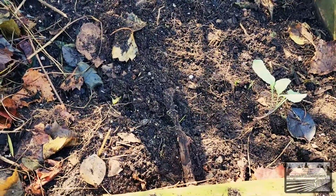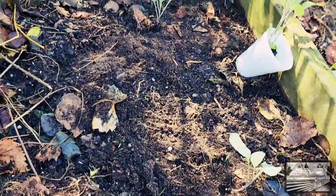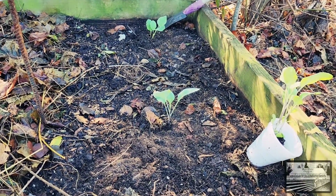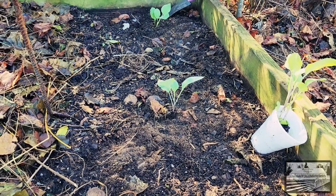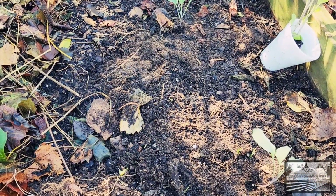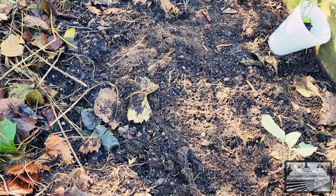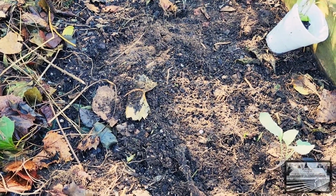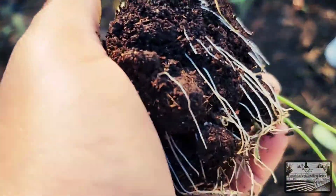They're probably like 1.5 feet apart, and I'm looking and I'm just like, oh, that's a lot of space that's not being used. So I decided to go back and get some of our onion starts. Wasn't going to be setting out onions anytime soon, but why not? So I have